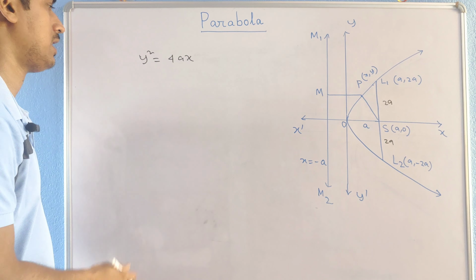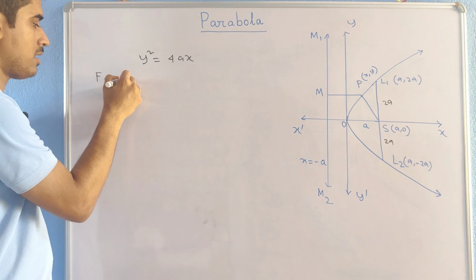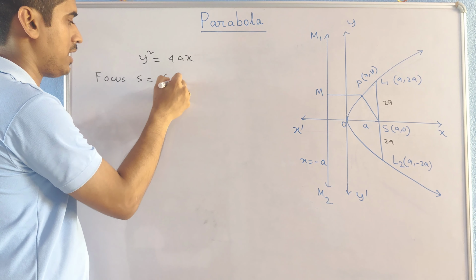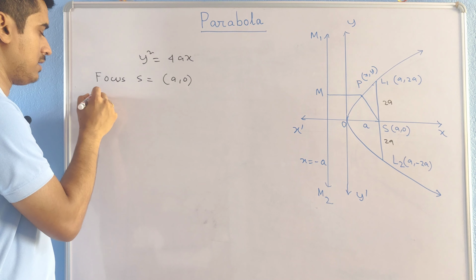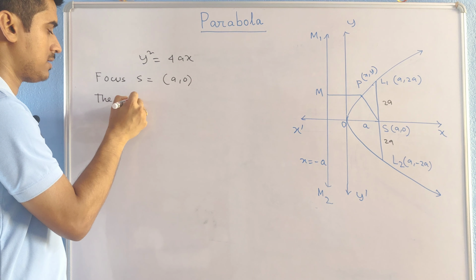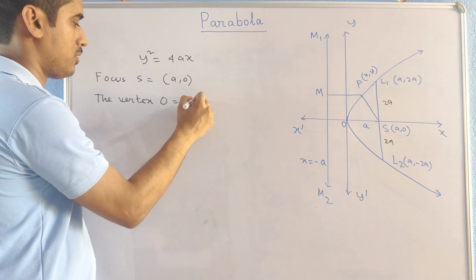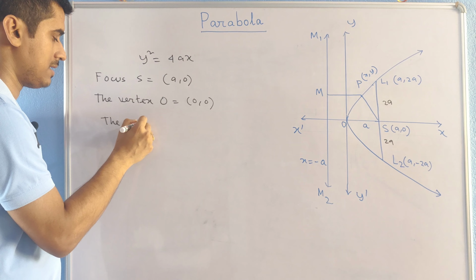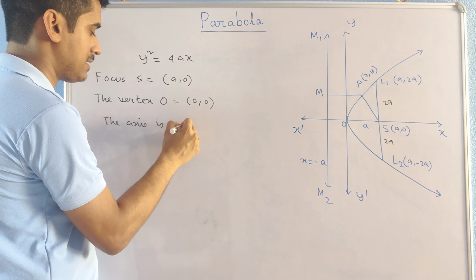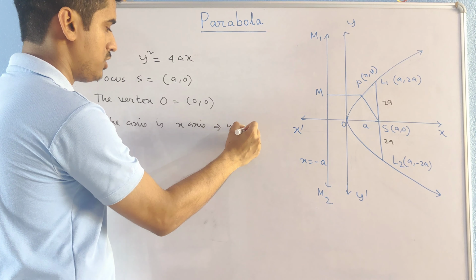And for the parabola, the focus S equals a comma 0, the vertex O equals 0 comma 0, the axis is the x-axis, equation y equals 0,